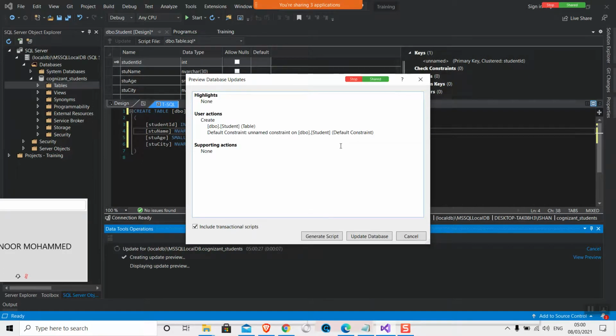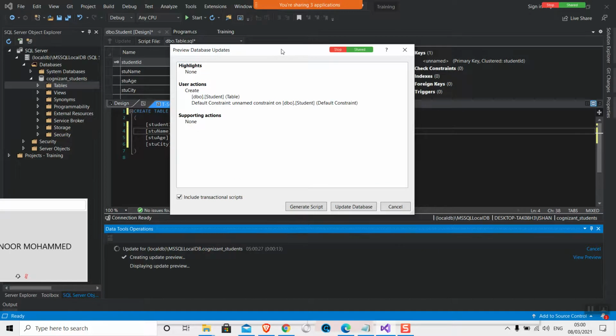I'm giving you a short hack for your hands-on. If any of you struggle to write the code, you can simply generate a script first.